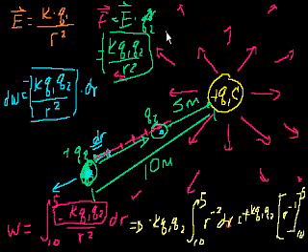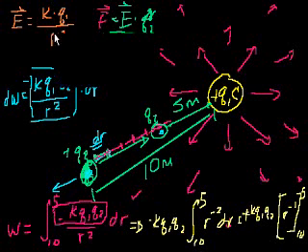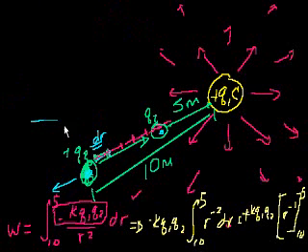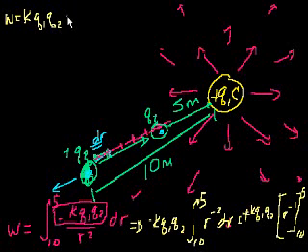Actually, let me erase some of this. So let's see, we said that the work is equal to, I'll just rewrite that. We had the minus out here, but then we had a minus when we took the antiderivative and they canceled out. So we have k q1 q2 times the antiderivative evaluated at 5, so 1 over 5, right? R to the negative 1, so 1 over r, minus the antiderivative evaluated at 10, minus 1 over 10